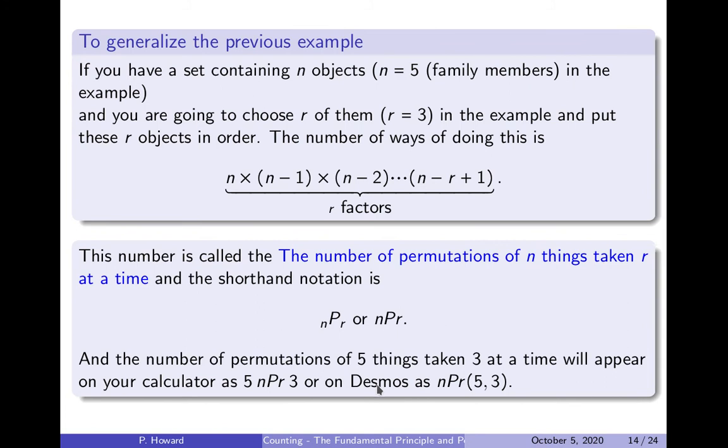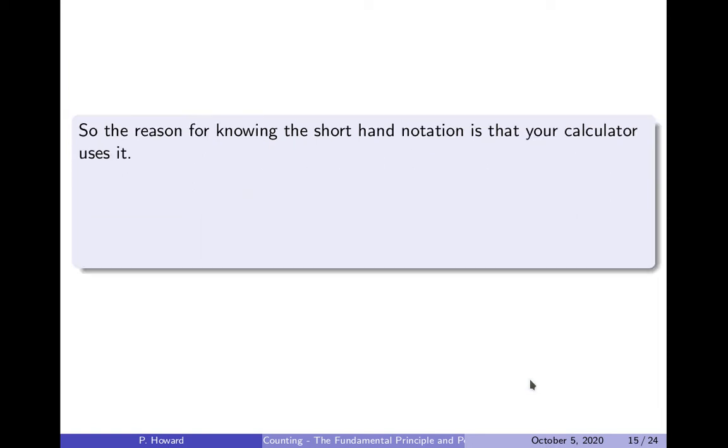On Desmos, the number of permutations of 5 things taken 3 at a time will appear as nPr followed by (5, 3) in parentheses. So really the reason for knowing the shorthand and the words permutation is that your calculator uses the shorthand notation,